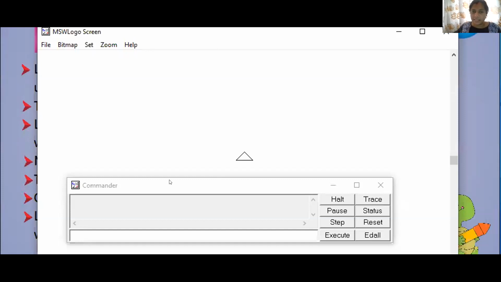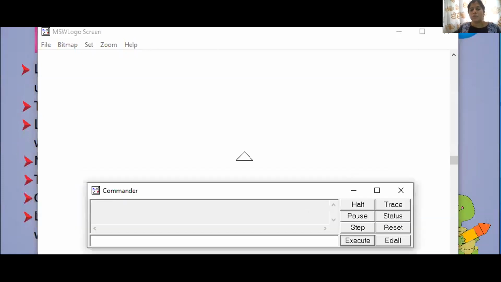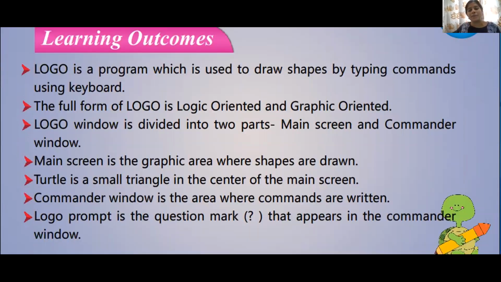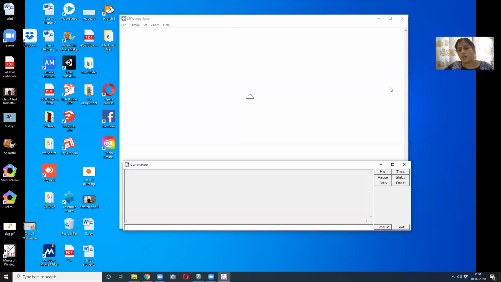Yes, this is all about MSW Logo. Let us try one program. Let us draw something. Let me take the turtle wherever I want to. First I'll turn it. Which side do I want? The right side.